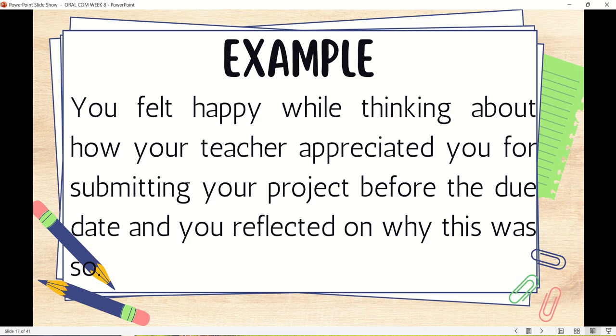Another example of intrapersonal talk is, let's say you broke up with your boyfriend or girlfriend, and after you broke up, you are reflecting on yourself, or you're asking yourself, what went wrong? Was it my fault, or was it his or her fault? So that is for the intrapersonal communication.